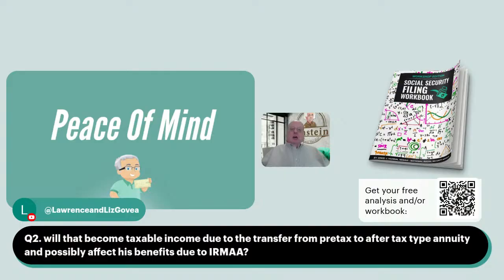Yeah. The answer is, for the tax with the annuity, when you transfer from a taxable annuity or tax deferred to a Roth, it's income. And it is absolutely going to count. It's going to count as provisional income. So it's going to tax your Social Security that year, and it is going to count for IRMAA. So yeah, 100%. Great question.